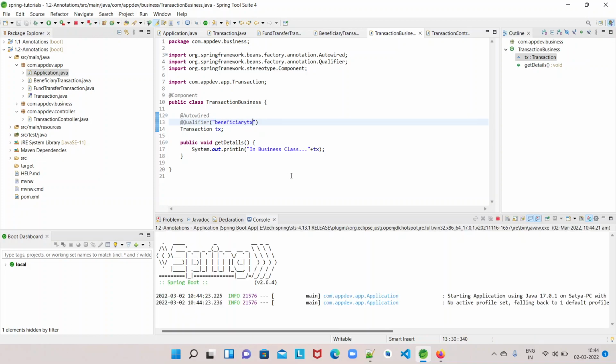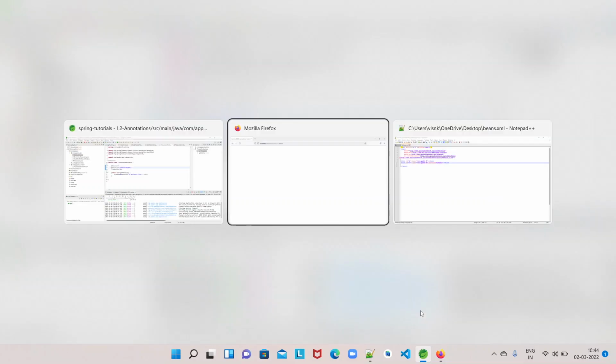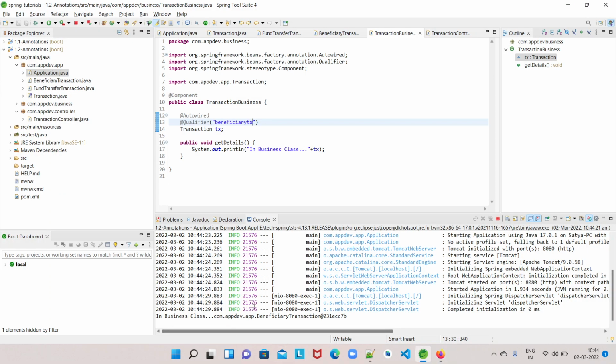Now let me run it. Yeah, the container started. If you see, this is beneficiary transaction. So this is the way the container uses autowiring by type by default. If we don't specify anything,